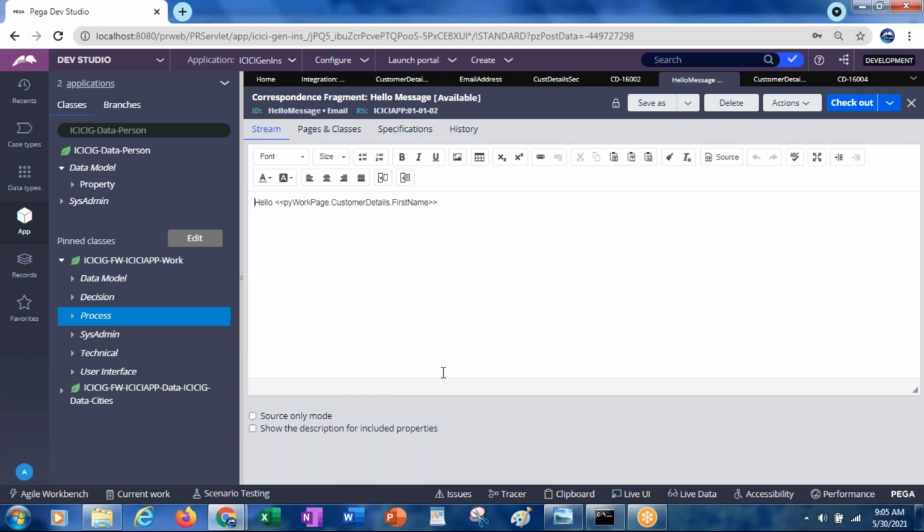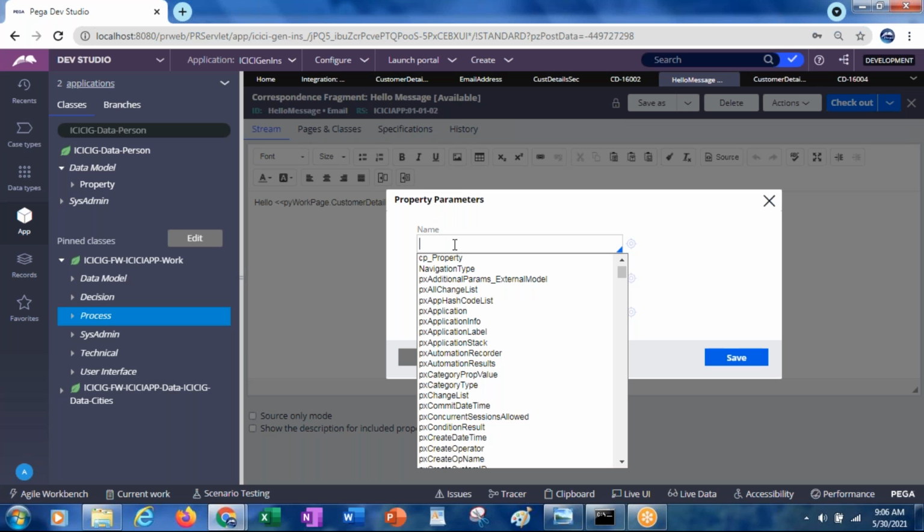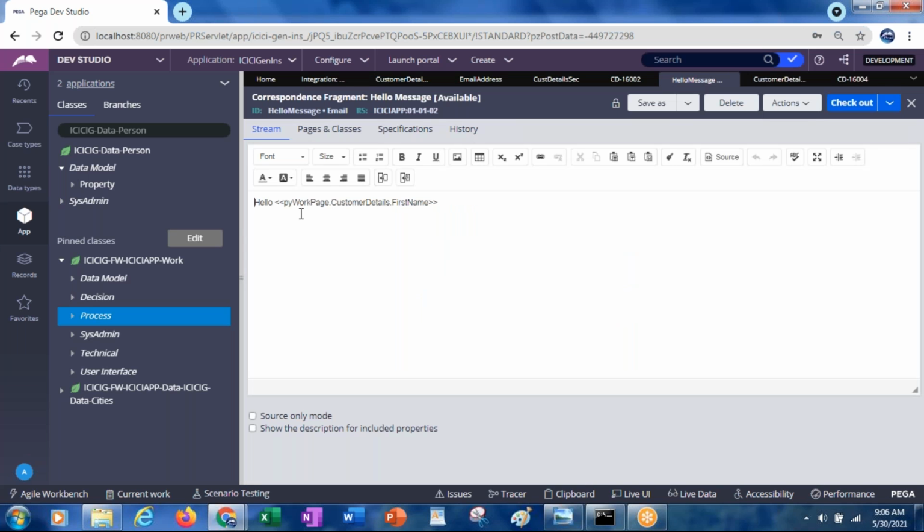It worked for me, sir. It sent the first name also, the proper name. What did you give? Did you give the same pyWorkPage customer details, something like this? Yes, sir. pyWorkPage.CustomerDetails.FirstName. Did they type any spelling mistake also?